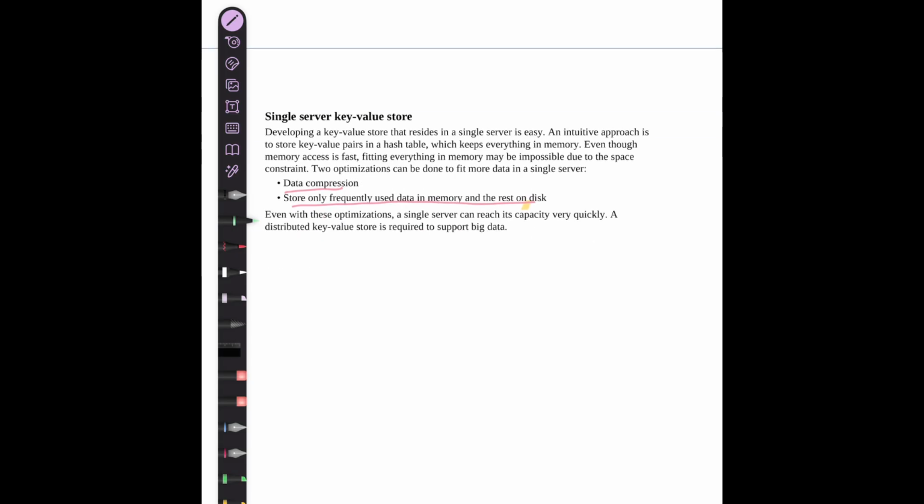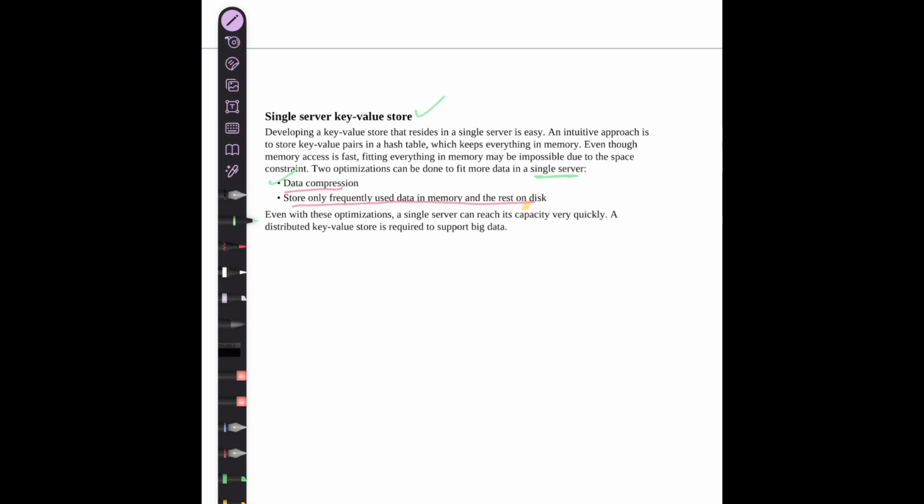So when I say single server key value stores, it's kind of easy. You need to store all keys and values in a single server, as in keeping everything in memory. And the question that might arise is how are you going to fit everything into a single server, because there's a lot of data. That time you talk about data compression algorithms, that you can compress the data and store it. This is very analogical too. You have just one suitcase and you need to store clothes. What's the way out there? When I say you can't use multiple suitcases, you'll say, okay, I'll take a compression bag, put all the clothes in it and compress that bag. The same thing I'm talking about with the data.